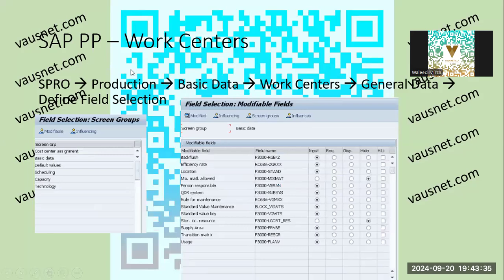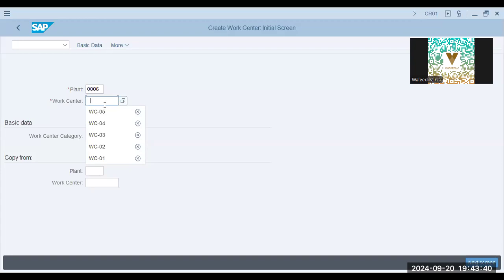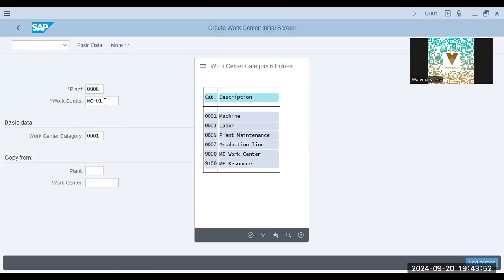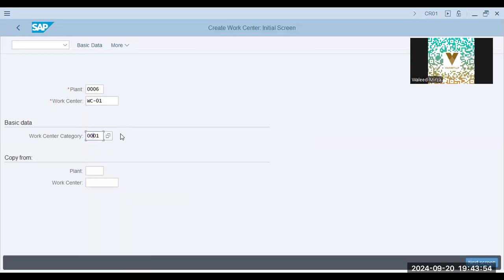Work center WC01, category. Let's see what categories are available to us. That is machine 01. So a work center can be a machine, and it can be different types also, like labor,